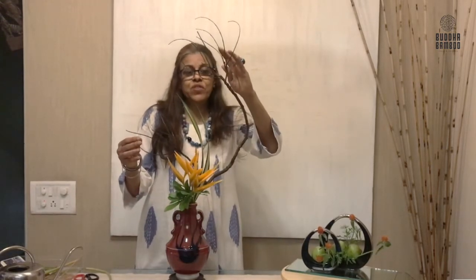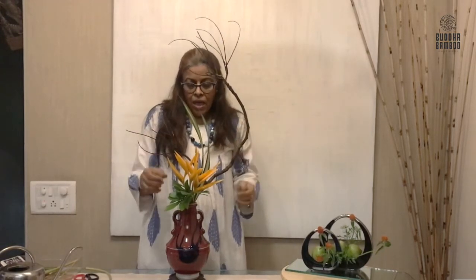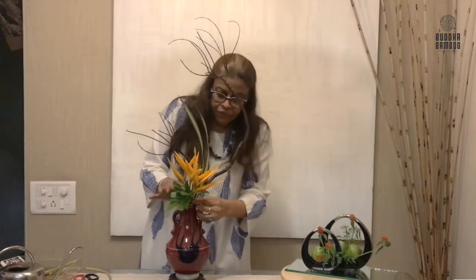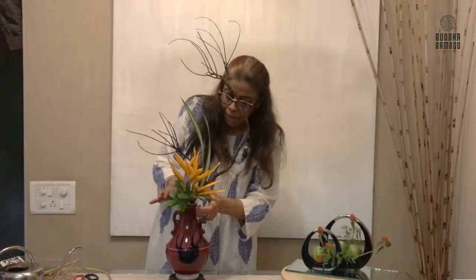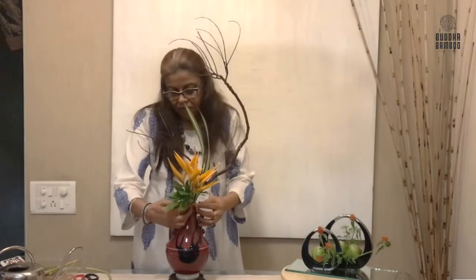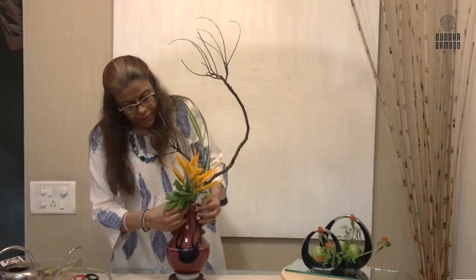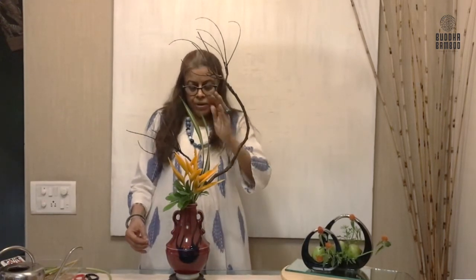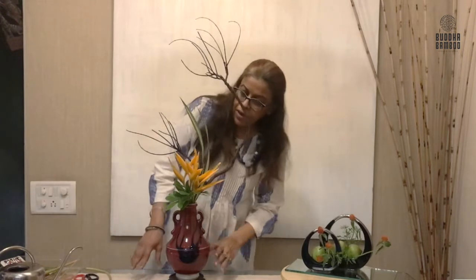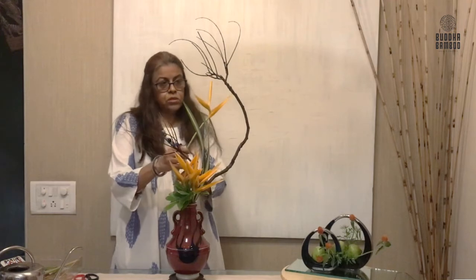I found it very interesting with the opening on the top and in the middle, and heliconias made into a bunch, and some Cephalera leaves give a little movement. I have used these two ribbon grass to make a little tall movement. I wanted to use this line